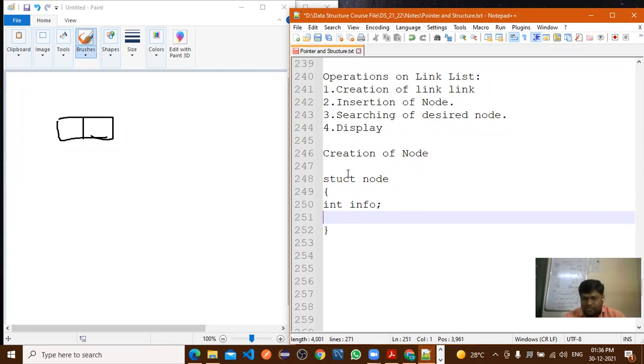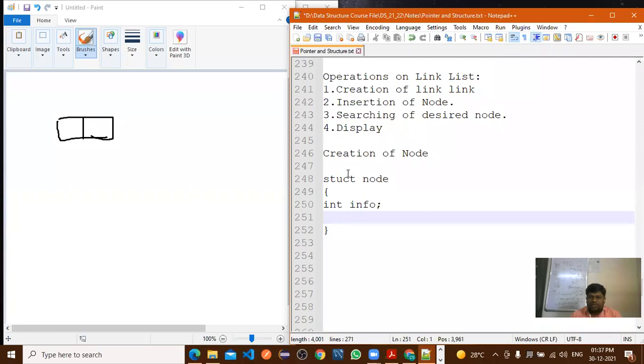Struct node pointer, but what type of pointer are you expecting? Next pointer, okay. But how to write here? Int star next, or now here I want to use the self-referential structure concept.